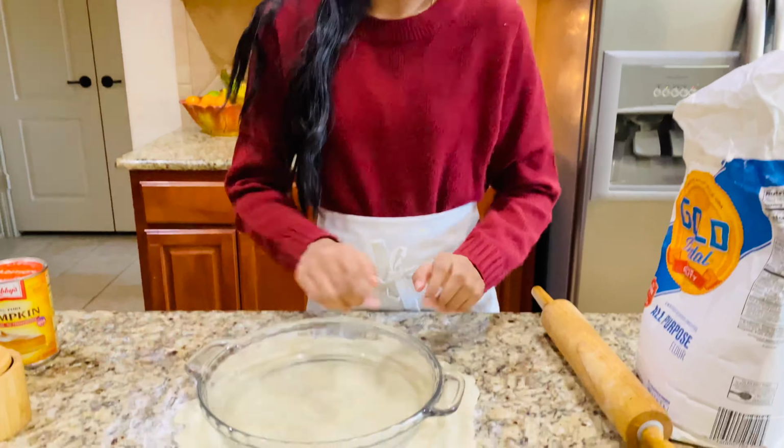So what you're going to do is take your pie crust, loosely wrap it around my rolling pin, and you're going to lift and carefully invert it on your...